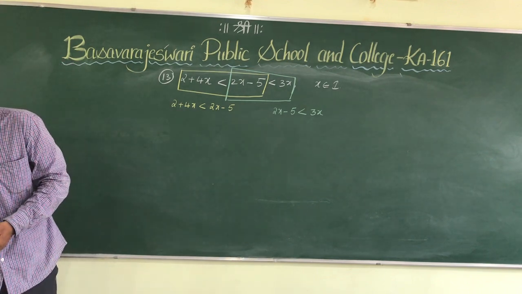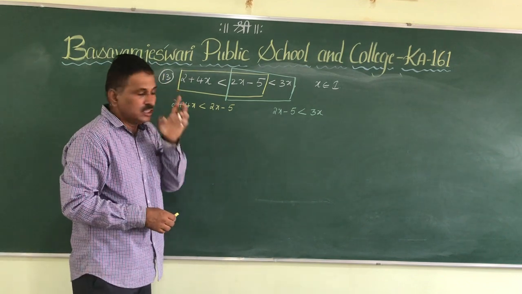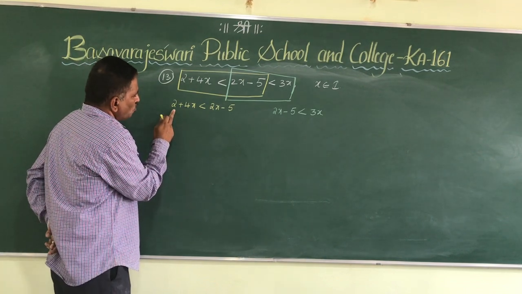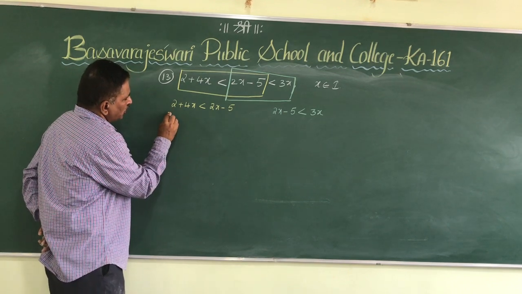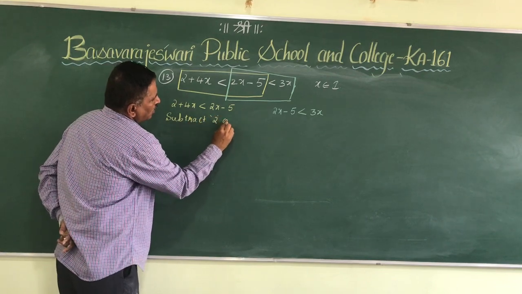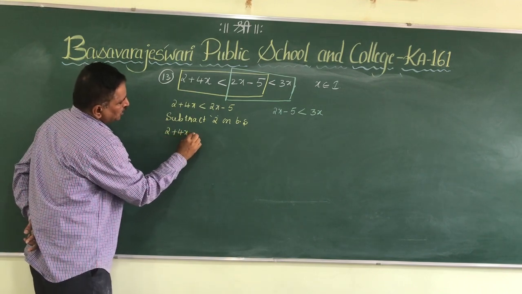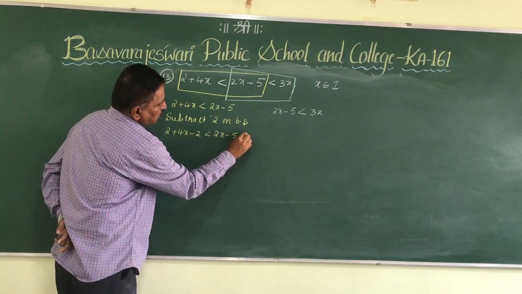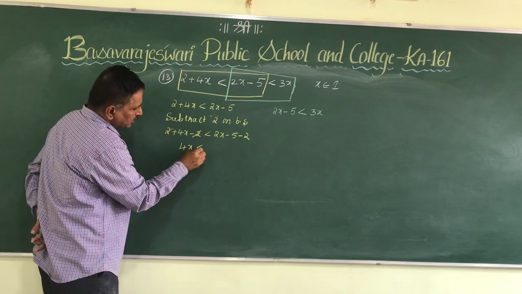So first we will take the first part, that is 2 plus 4x is less than 2x minus 5. As usual, write the variable on one side, constant on the other side. So I have to change this 2. If it is positive 2, I have to subtract 2 on both sides. So what will I get? 2 plus 4x minus 2 less than 2x minus 5 minus 2. So these two will get cancelled. I will get 4x is less than